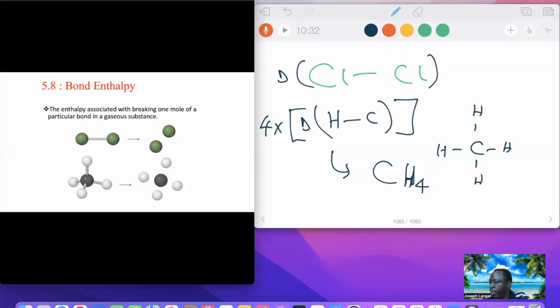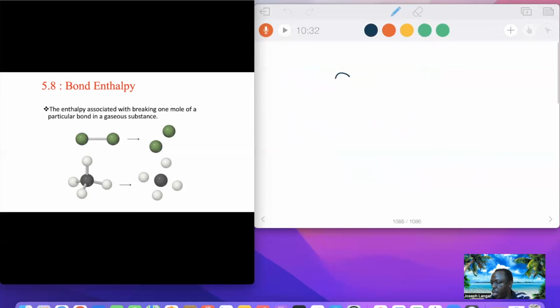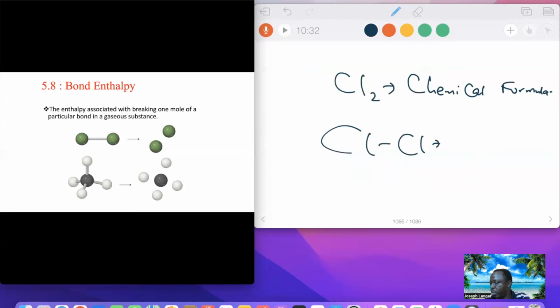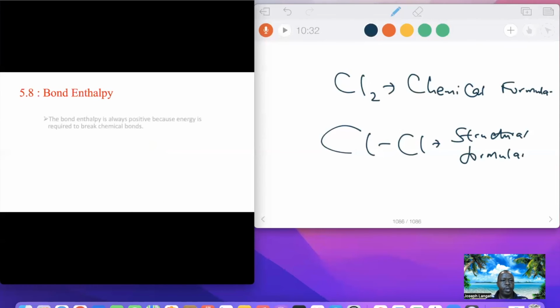If I have just Cl2, this is the chemical formula, but this is the structural formula. You actually look at the structure. The structural formula will help you determine how many bonds you have, how many bonds you will break. We can just use those